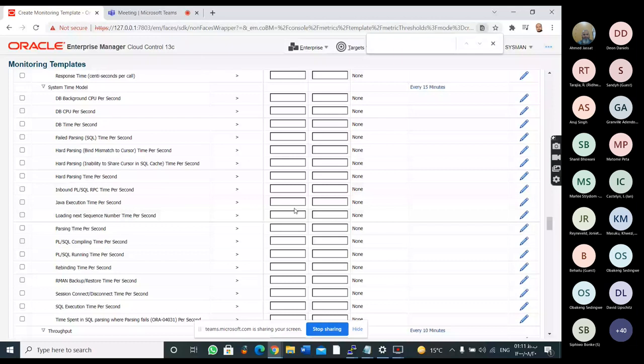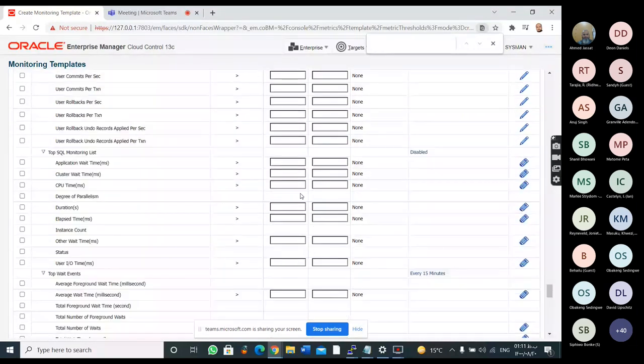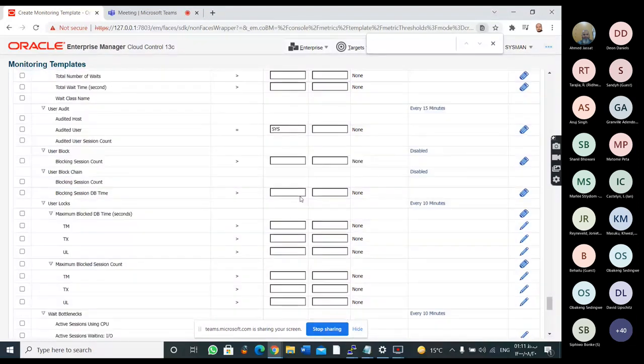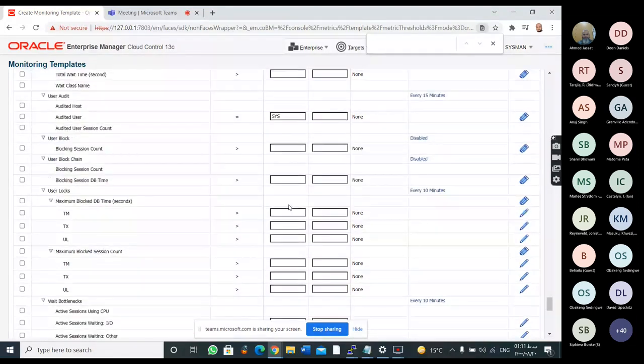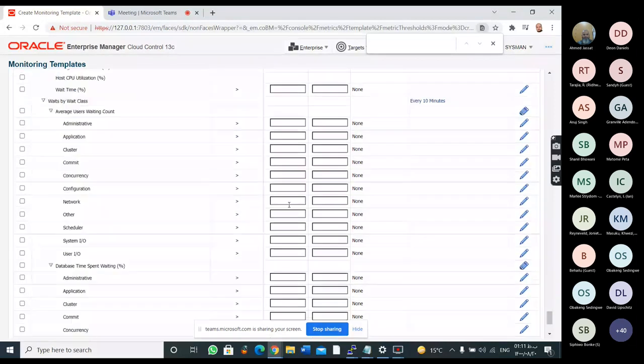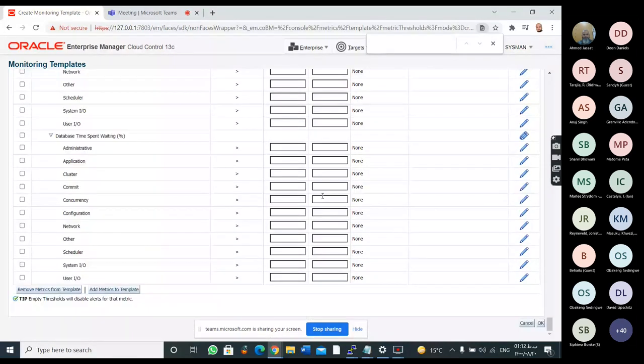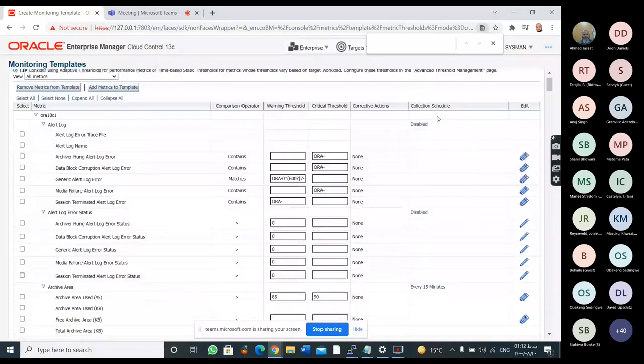There are a lot of features. There are so many features involved over here. And as I told you, it is all based on your requirement and the configurations on your server. So to enable this, you just need to click on your